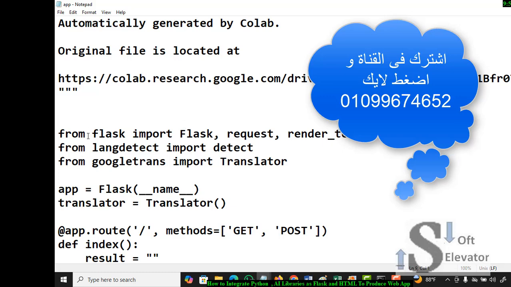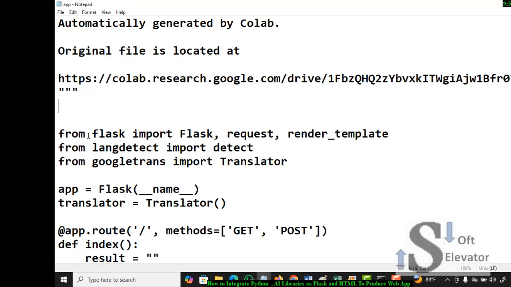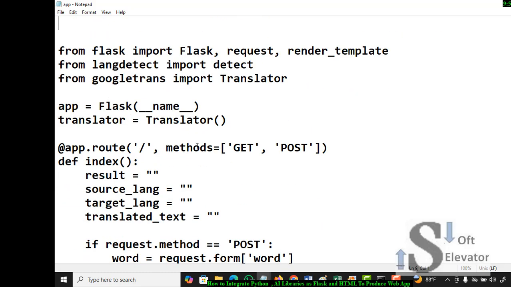You will import the important libraries which you will use, such as Flask and Google Translate, import Translator. This app is to translate one word to another, defining which word in which language and to translate to another language. So this is the app route. Define an index